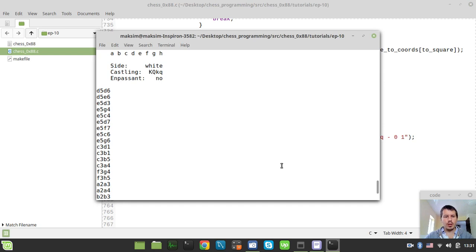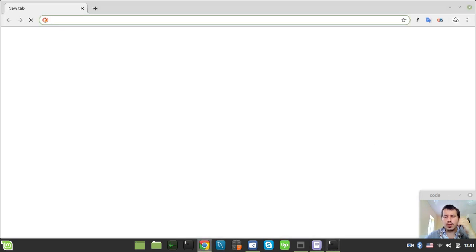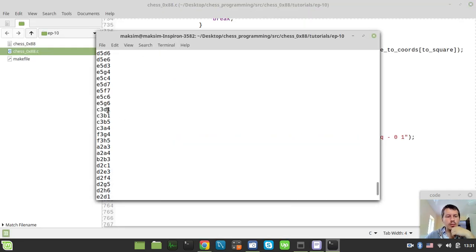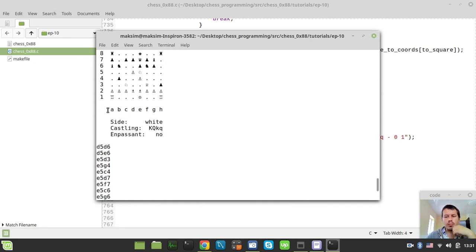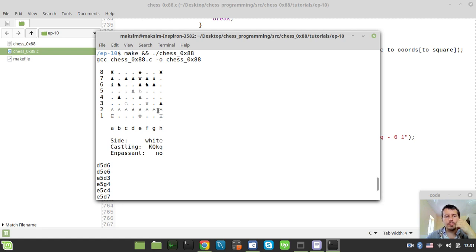Okay, and I also have the number of moves. Oh my god, why did I open the browser? Sorry for this, guys. I also have a number of knight moves for this particular position for the white pieces, probably for the black pieces as well. I don't really remember, but we'll cover this, maybe in this video, maybe in the next one. Well, we'll see. So first, anyway, we need to implement our